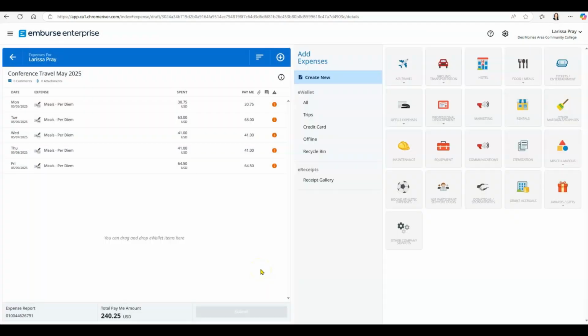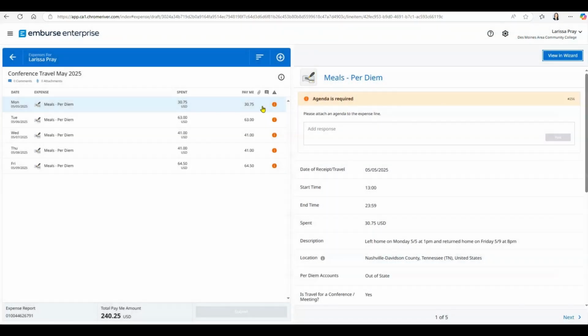All right, so you see all of your meals are now on your report, but you have these orange circles here. This essentially is the system wanting your agenda. So each line item needs an agenda attached. So you're going to click on the line item, and then you're going to scroll to the bottom of the